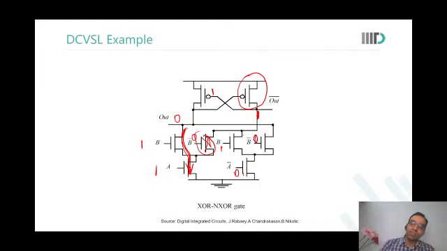Yes sir. B's logical effort is twice that of A. B is connected to 2 and A is connected to 1. There is B bar and A bar. So logical effort is not matched over here. But you've saved lots of area. You wanted both the polarities. You saved lots of area.